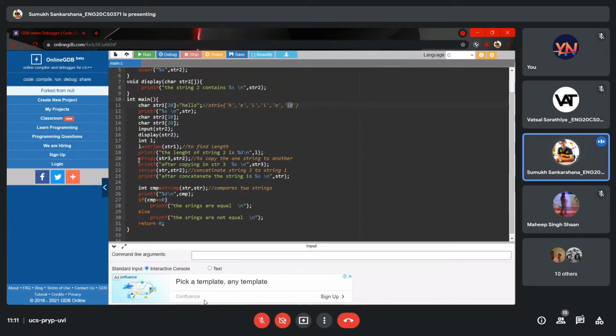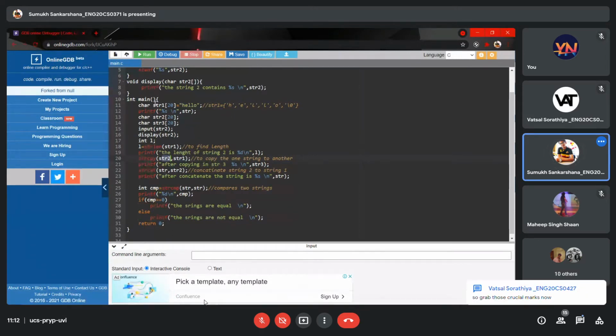Now, what does a string copy do? strcpy is the syntax for it, and as the name indicates, it will copy one string to another. Suppose we have str1 and an empty str2. What this does is copy the contents of str1 to str2.